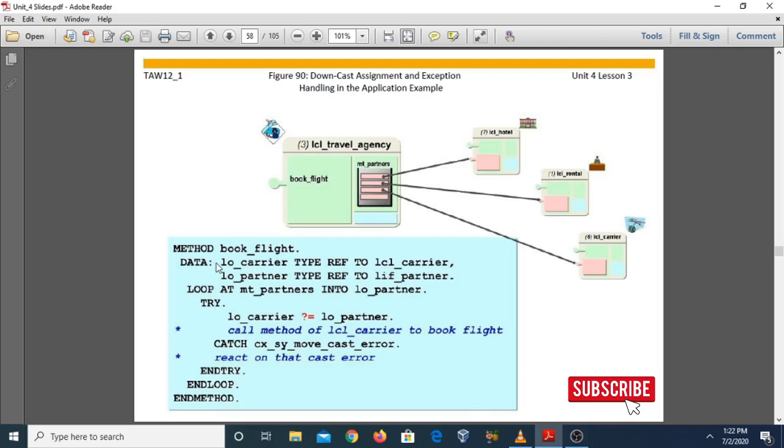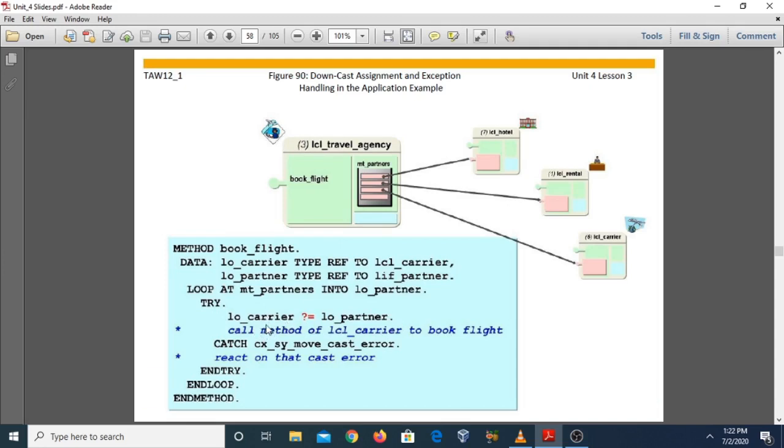As you can see in this figure, we are going to implement this method book_flight, and these are the reference variables. L_carrier is typed to the class LCL_carrier, which is the first class, and this is L_partner, which is a reference variable of the interface LIF_partner. Here we are assigning the reference variable of the superclass, which is an interface, to the derived class L_carrier reference variable.